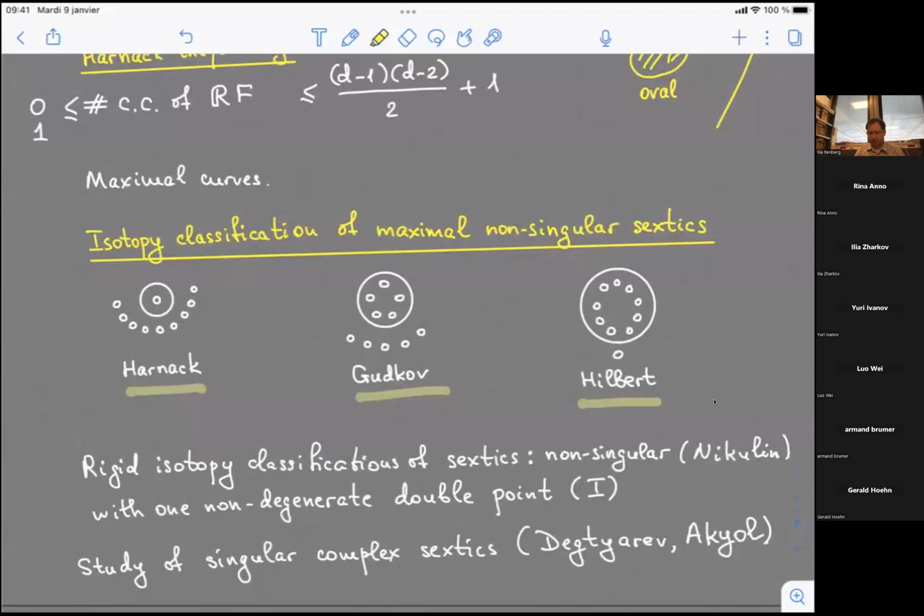So the impression was that it's difficult to apply this machinery when one tries to combine real and singular. But in fact, it turns out that there is